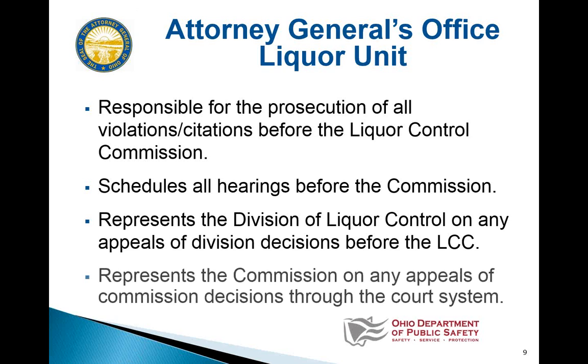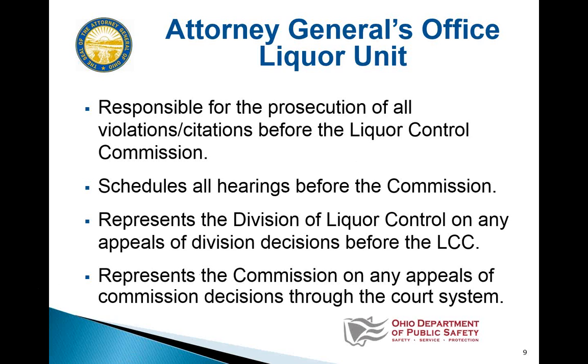After the violation notices are received by the Attorney General's office, they will basically send out a self-explanatory questionnaire to the permit holder concerning the violations. The permit holder is then responsible to ensure that that questionnaire is completed and returned to the Attorney General's office. Generally, that questionnaire is mailed out 60 to 90 days after the violation notice is issued. So after they receive the questionnaire back, they will basically docket that case for a hearing before the Ohio Liquor